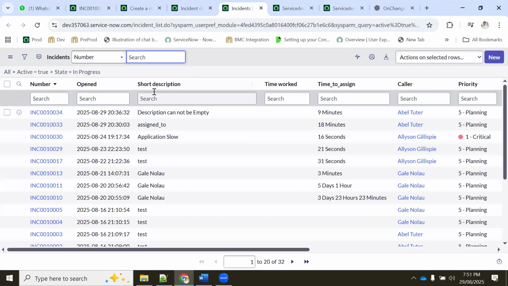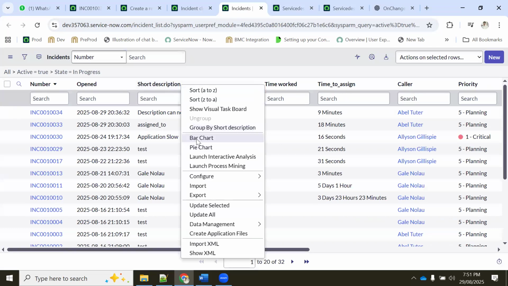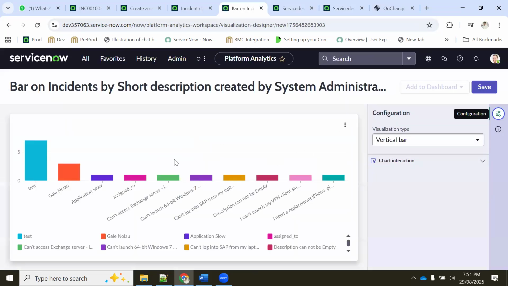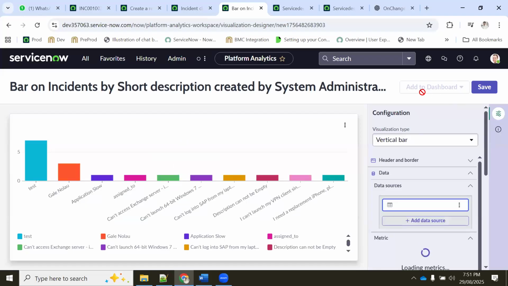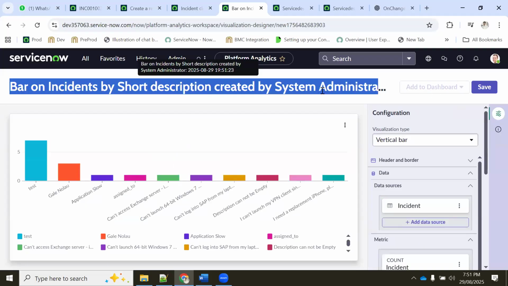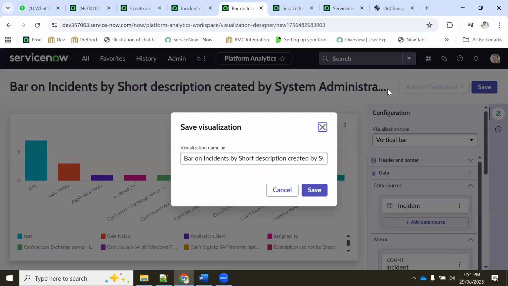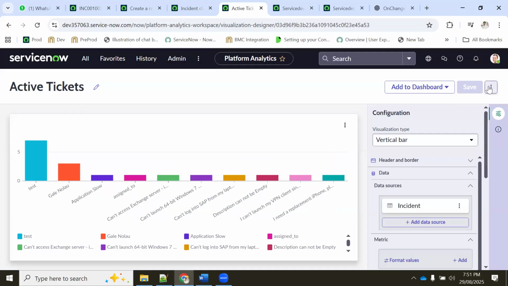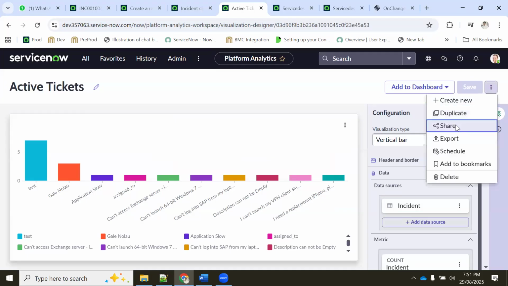Suppose I'm coming here, I want to create one more report, a bar chart report. I will create one more bar chart report. So this is my bar chart report, correct? I'm trying to save. I'm saving it as active tickets. Save it. So when you save it, as Anjaya asked, at the report level, you have to